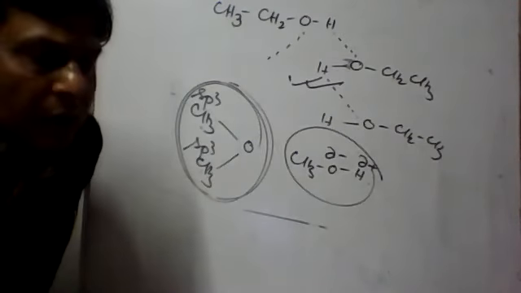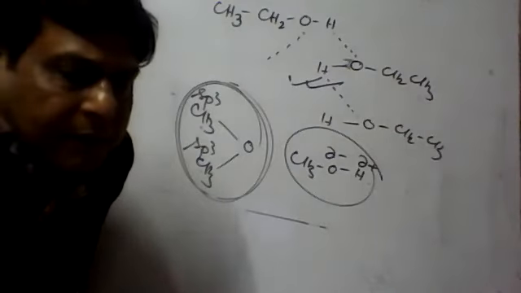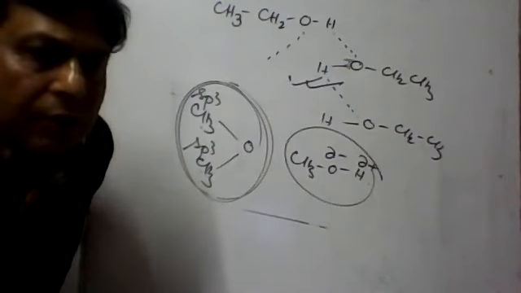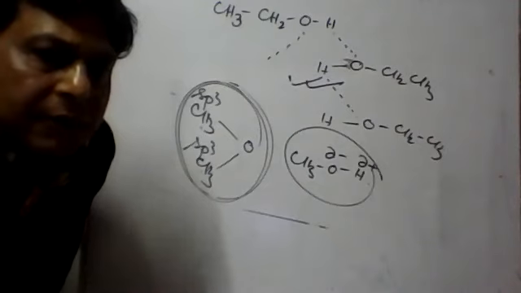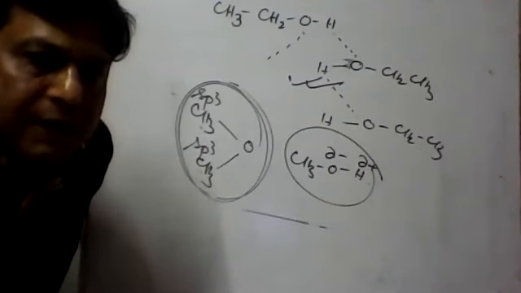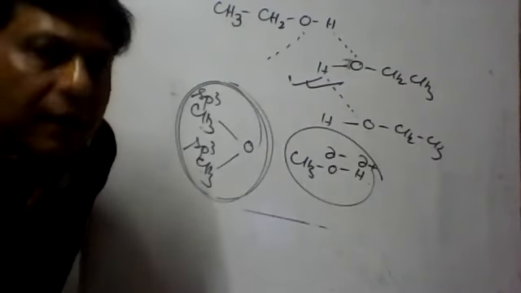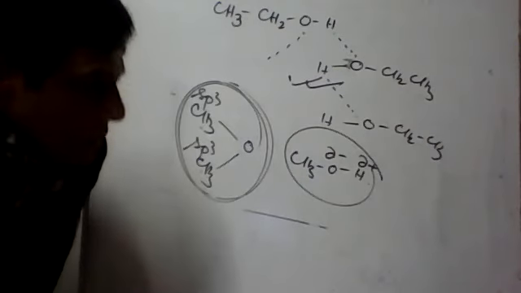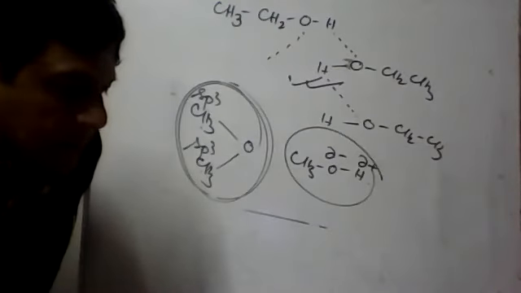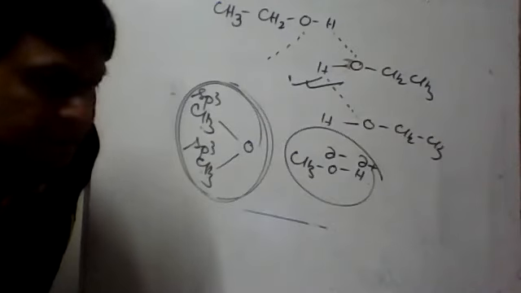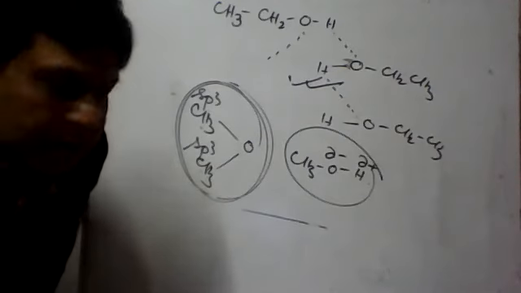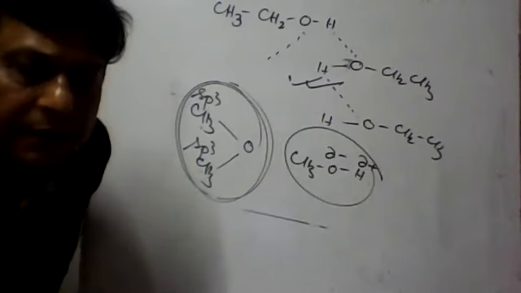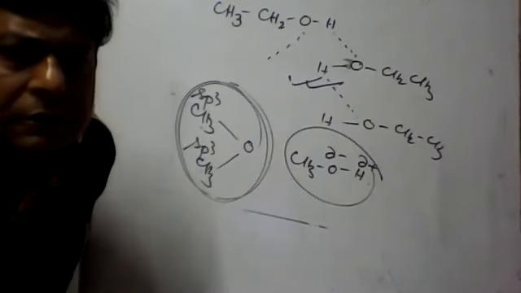Second question, why does alcohol have more boiling point than ether? Then you have to answer in the light of hydrogen bonding between the molecules itself. Hydrogen bonding is unlimited in alcohol, but in ether there is no hydrogen bonding. Only dipole-dipole force will exist, but it is weaker than hydrogen bonding force. Why do ethers have more vapor pressure than alcohol? Same answer. No hydrogen bonding, less association. Why do ethers have less boiling point? Same answer.